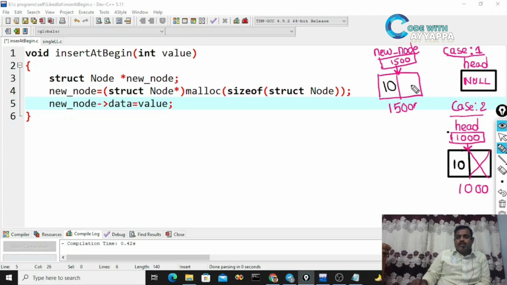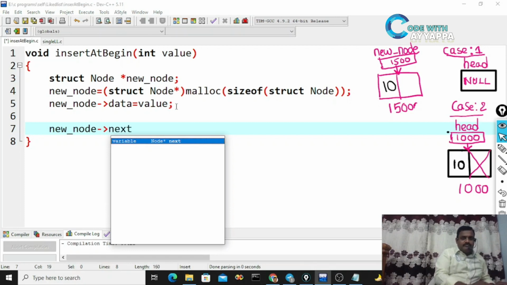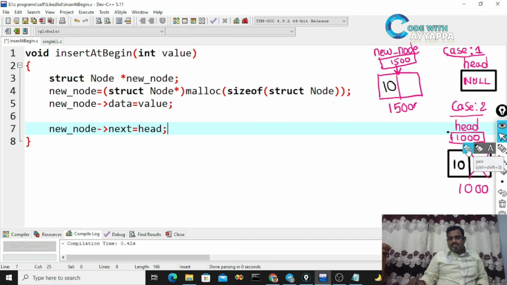What is the meaning here? Next I am going to do this. new_node arrow next field is equal to head. So the head address will be stored in the new_node next field.